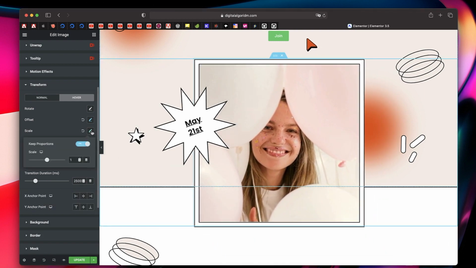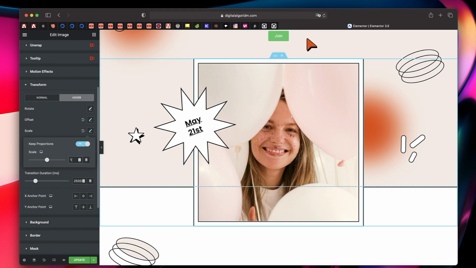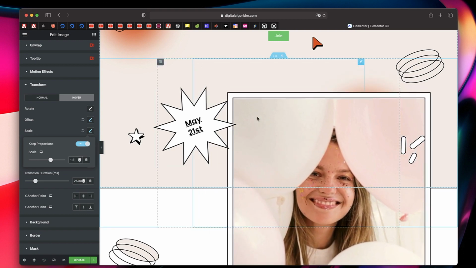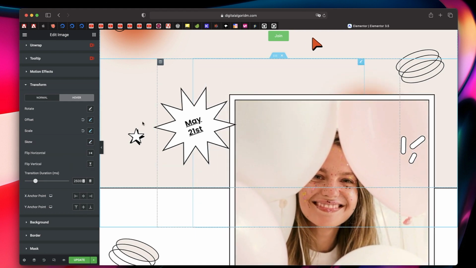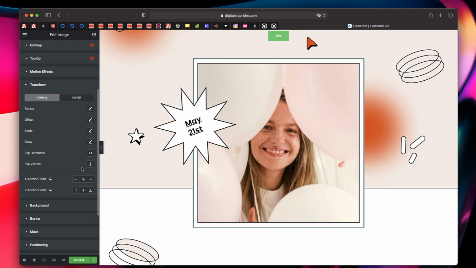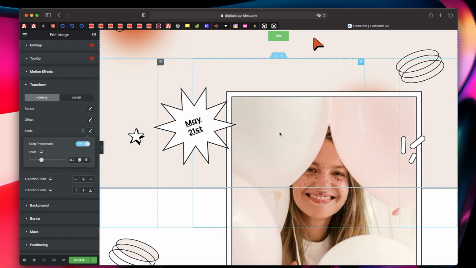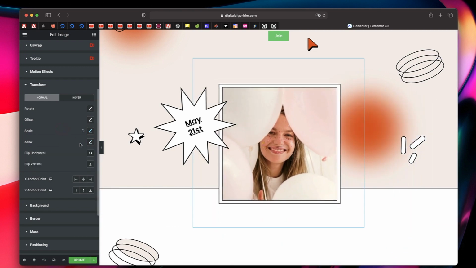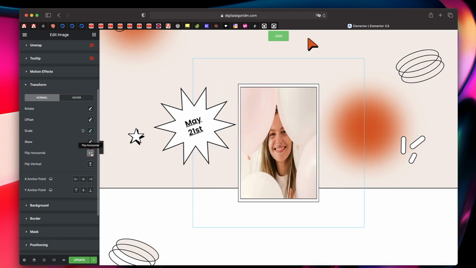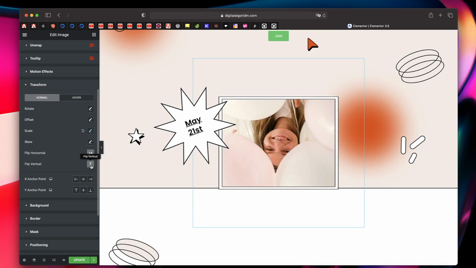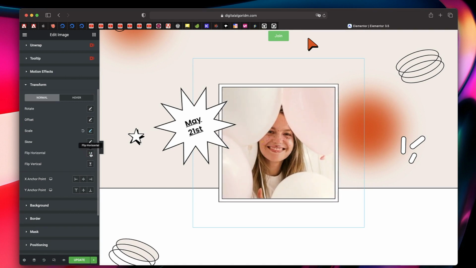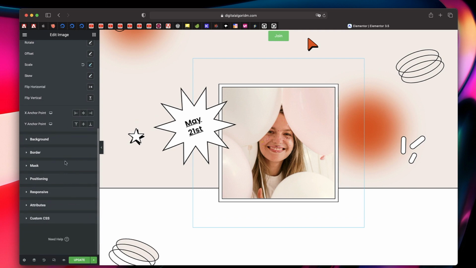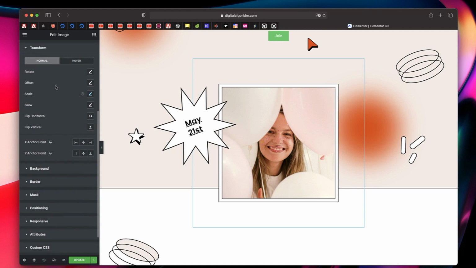You can also scale the element. You can specify the ratio. You can see I gave it a ratio of 1.2. Again, transitions are applied to all these properties when I hover over them, right? You can change the properties in the normal state, right? You can maybe scale down the element, and when you hover over it, you can scale it up. You can do as you want, right? You can also flip it horizontally, and you can flip it vertically, right? If you have an image which was not properly captured, maybe you can use these controls and fix it. And this is CSS transforms in a nutshell.